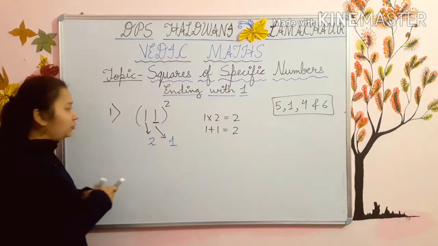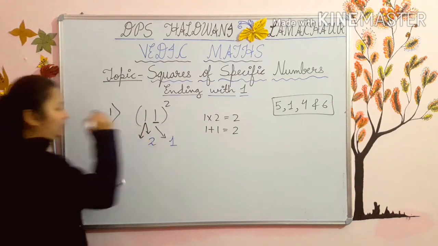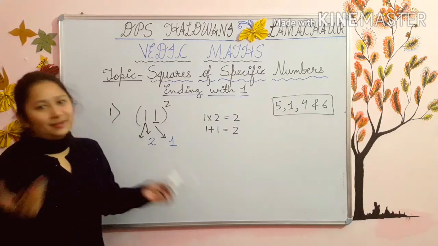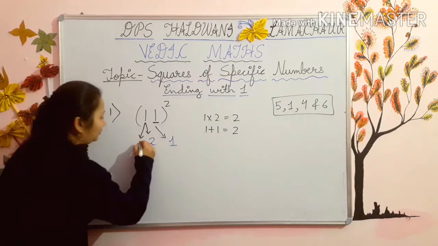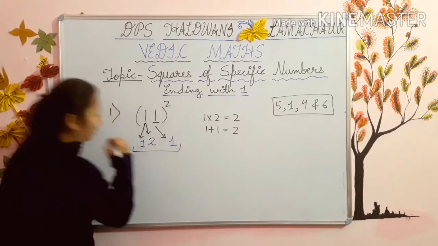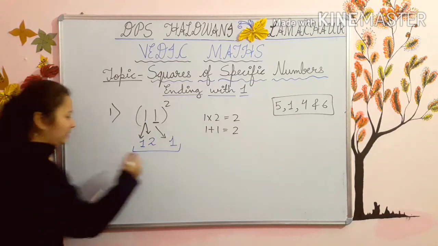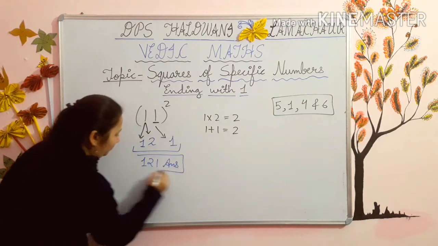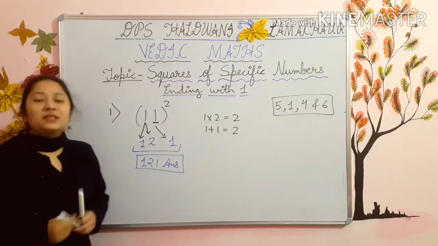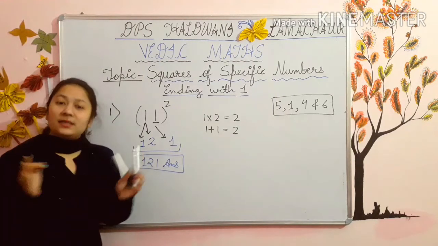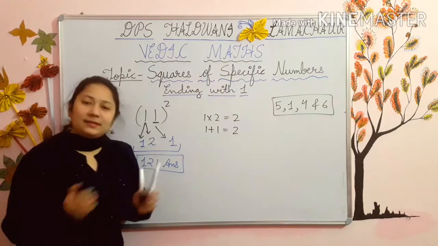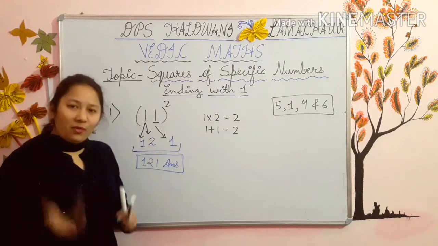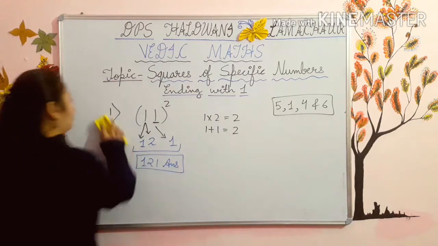And then what you have to do, you have to take the same number. Now you have to square the number. Now, what is the square of 1? 1. So, this is your square of 11, 121. It's a very easy trick, students. It just needs practice. If you practice the sums, you can do all these calculations orally. You will get it more when we do our second sum.